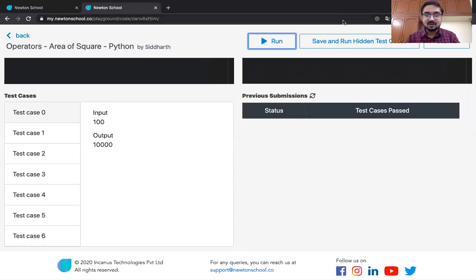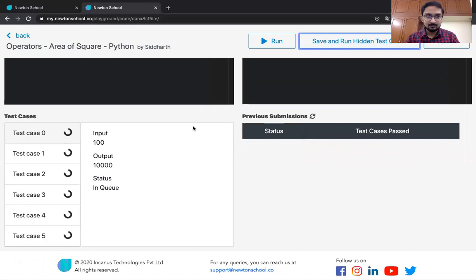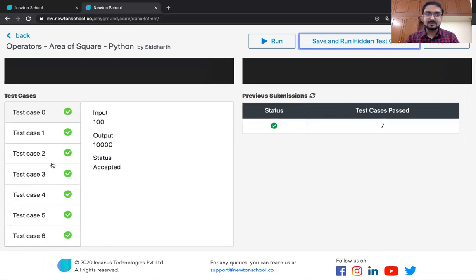Let me just run it over here and see what our result is. If you can see, our program is running against test01. Oh wow, it ran well against all of them. You can go over here and see what all inputs and outputs we have provided to you, and you will see there are so many different types, and all of them are simple, and that's why we are getting all of them right.